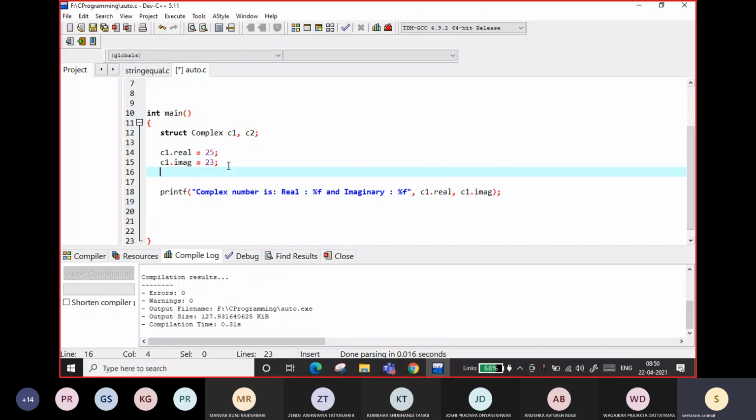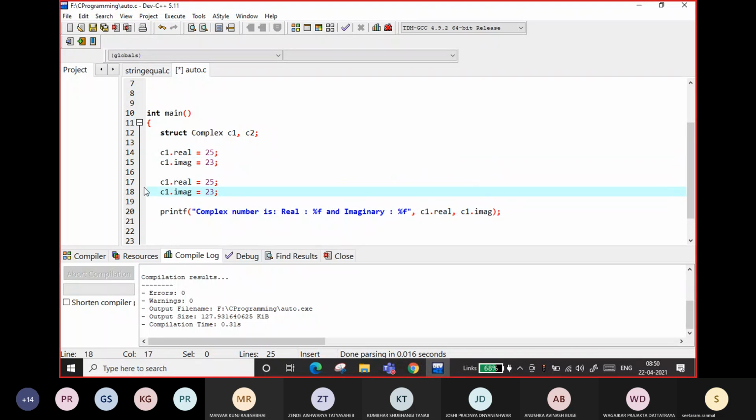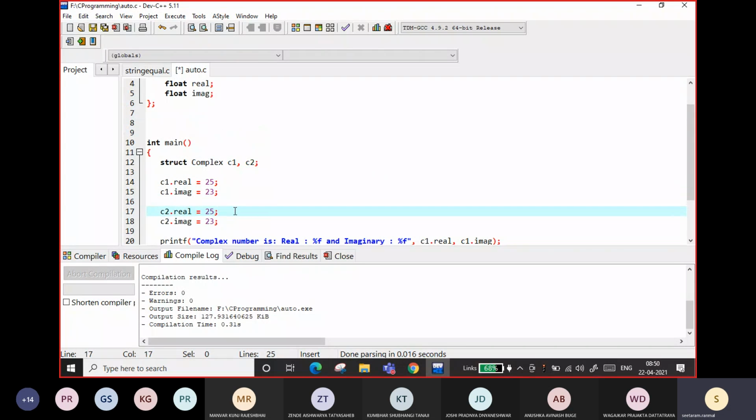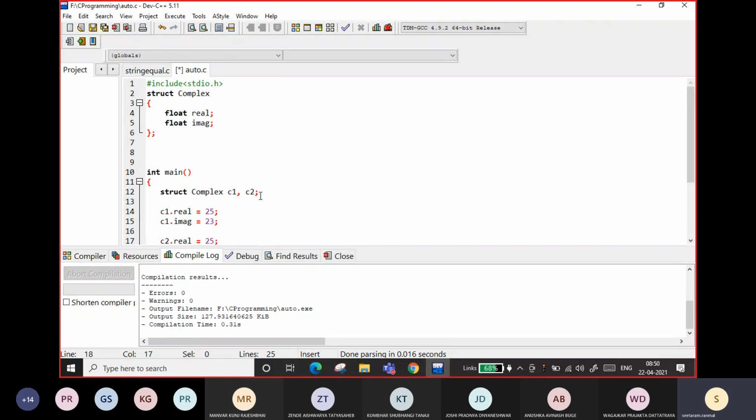If I will have the c2 dot real, it will be the member of c2 only, not c1. So whenever you define complex c1 and c2, it will allocate the memory for real and imaginary differently.